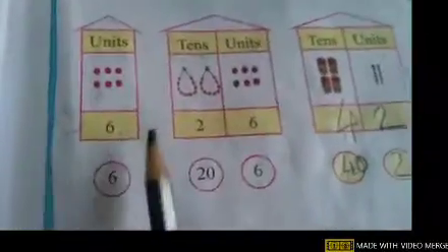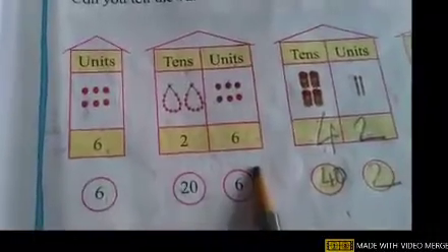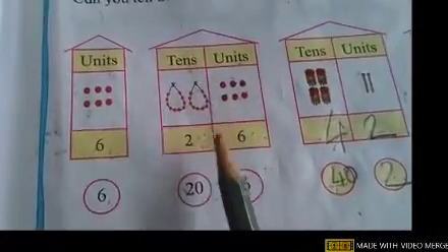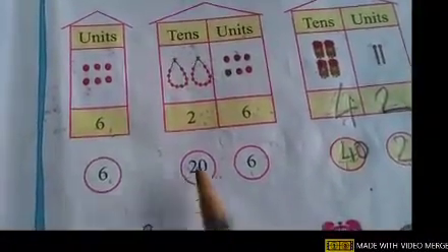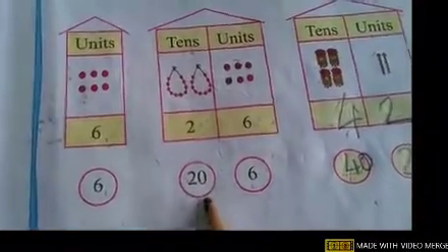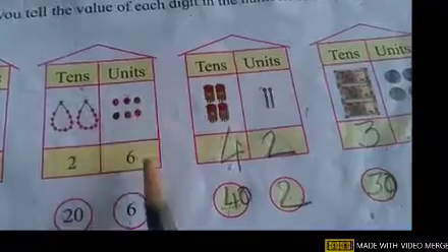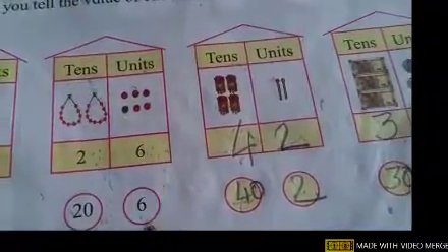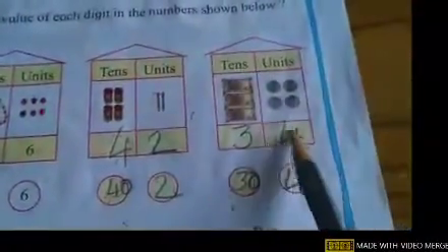Children, I hope you have understood our today's topic about the place value. Place means position, value means amount. So basically in second standard, we are going to learn only tens and units column. Whatever number is coming in tens column, we are going to say the amount in tens. Whatever number is there, that many tens you have to say. If 2, 20. If 4, 40. If 3, 30. Did you get? And whatever number is coming in units place, the place value of that number is the same number itself. See, 6, 6. 2, 2. 4, 4. So I hope you must have understood this.